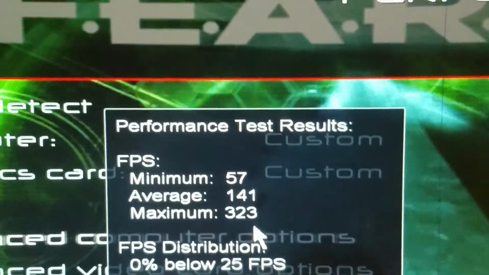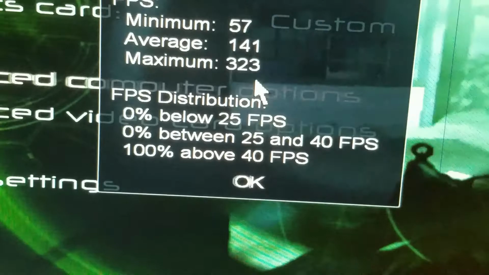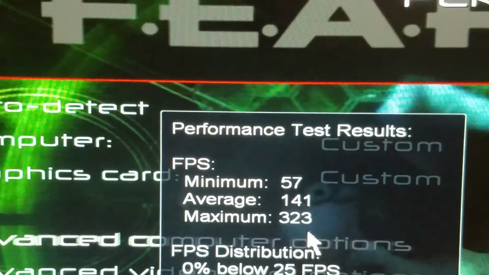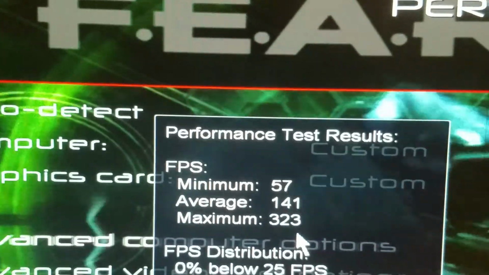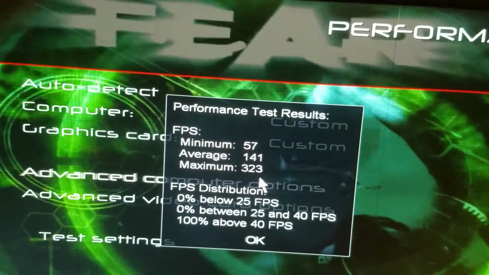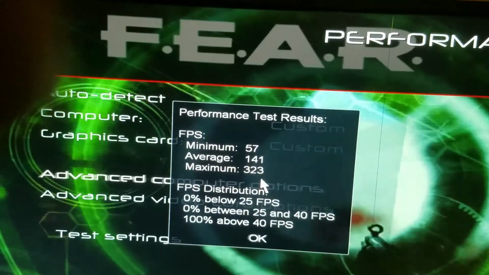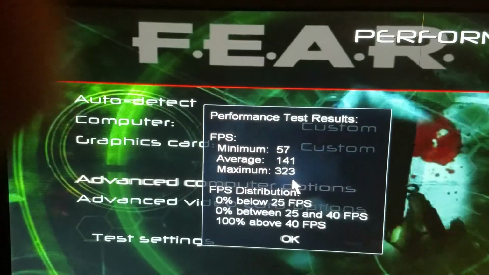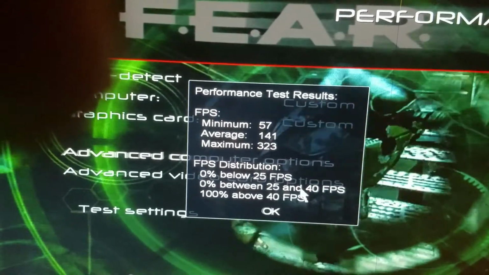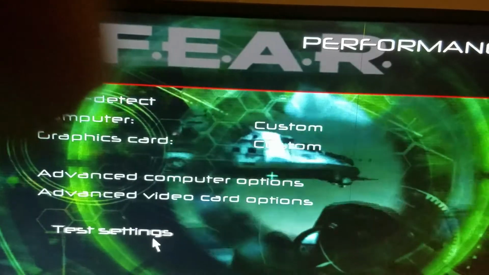Oh, minimum 57. Last time it said 60. Maximum 323. Average 141. Those numbers are slightly different than the first time. Not by much. Maybe there's something running in the background for a moment there. I don't know. But last time I got 60 frames per second minimum. And really, 57 to 60, that's like margin of error. But yeah. I guess it's not really saying that much,